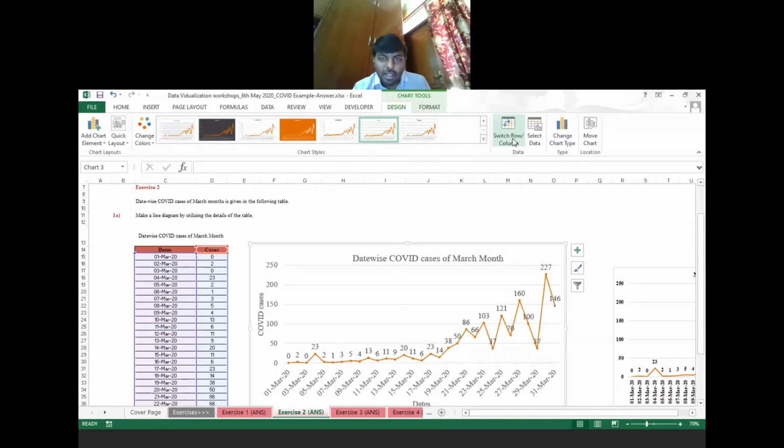But in this case, it's not suitable. My suggestion is that when you have to make a bar or a column chart, then only try to use this. Otherwise, it won't be good for viewers to understand as well. You can get this option from the design drop down menu. After clicking design, from the right side you have the fourth last option, that is switch rows column.